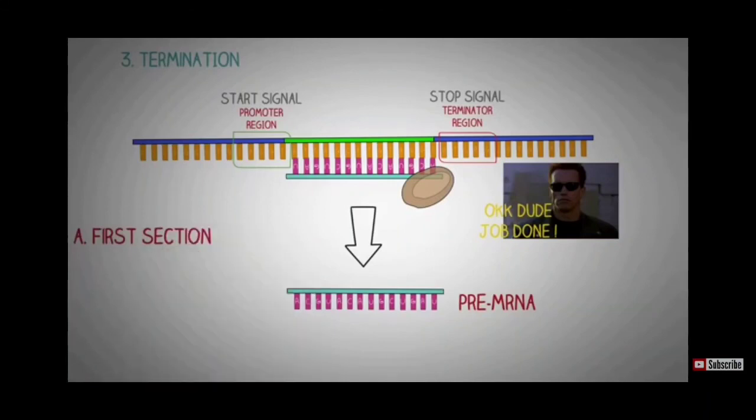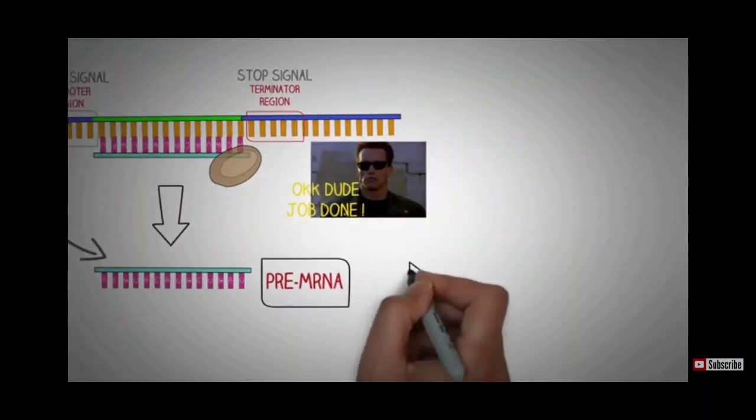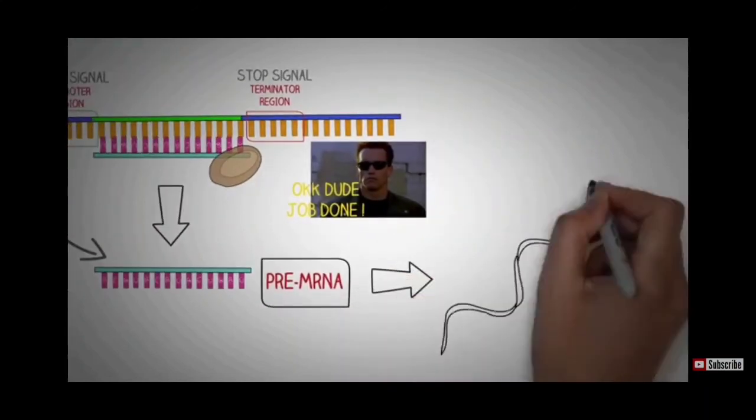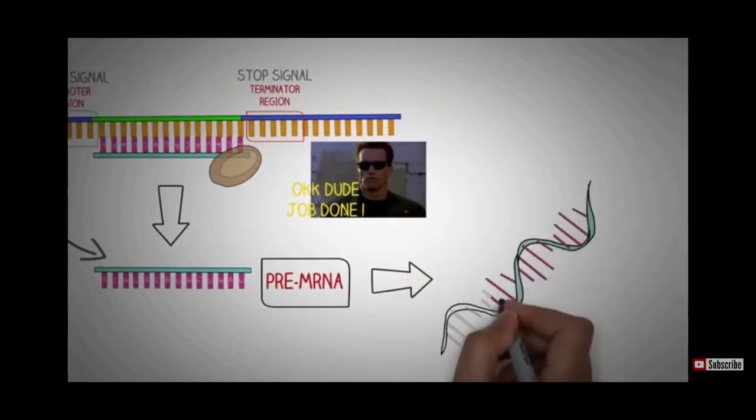So this was the first section of this process in which the DNA is used to produce an RNA molecule. This RNA is known as the pre-mRNA or the pre-messenger RNA. The prefix is used here to show that this mRNA is not yet ready to leave the nucleus and start the process of translation. So the next section of this process of transcription deals with how this pre-mRNA is converted to a